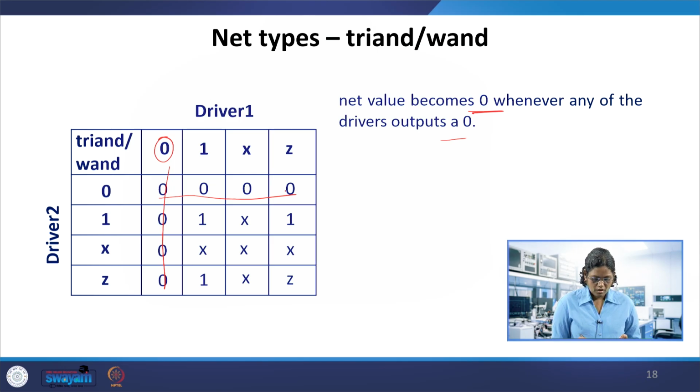Also, the high impedance state is allowed in the output, which is not the case for the built-in gates we have studied. So the output is Z here, and if it is 1, it is 1, and here it is going to be unknown, and 1 with Z is also 1. So this is the truth table for tri-and or wire-and.